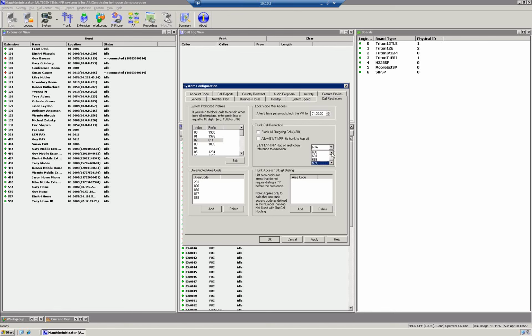So you can also restrict this specific capability to just an extension or a group of people. This trunk access 10-digit dialing lists area codes for areas that do not require dialing a 1 before the area code. So you can add this if you have specific restrictions on your T1 or PRI lines from your phone